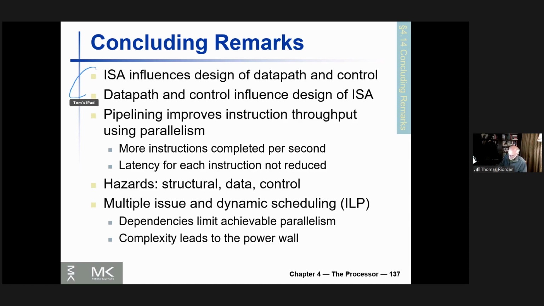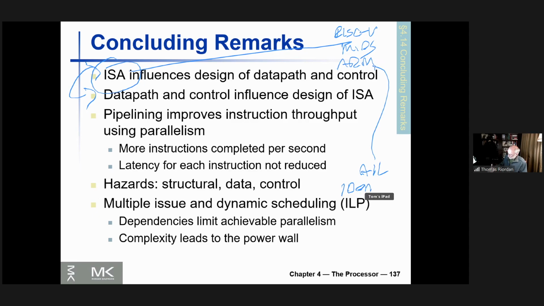So we have this circular loop here, although it's not really circulating anymore, right? I mean, we basically fixed the ISA. Like I said, RISC-V, MIPS, ARM, all identical instruction sets, identical ISA, these three architectures. And so basically we're just now making the implementations as efficient as possible, and using Moore's law, what's left of